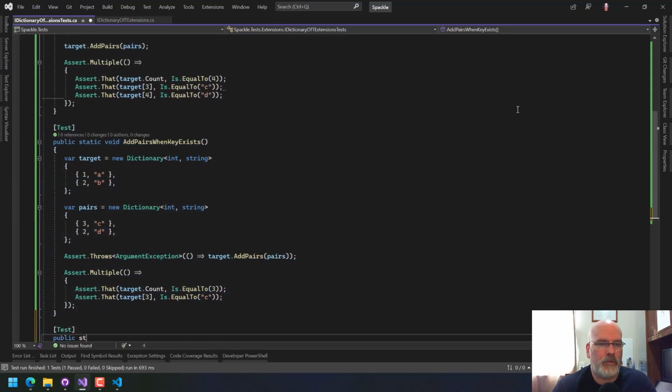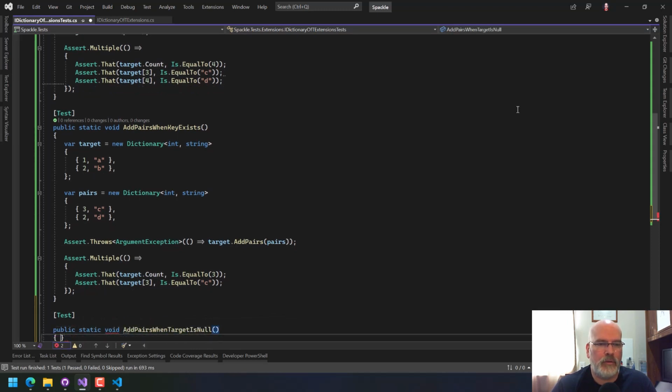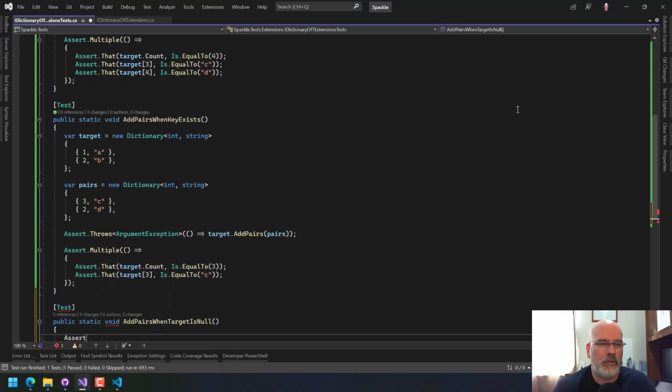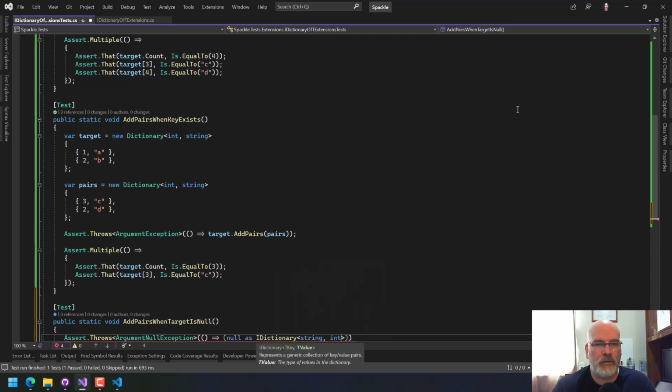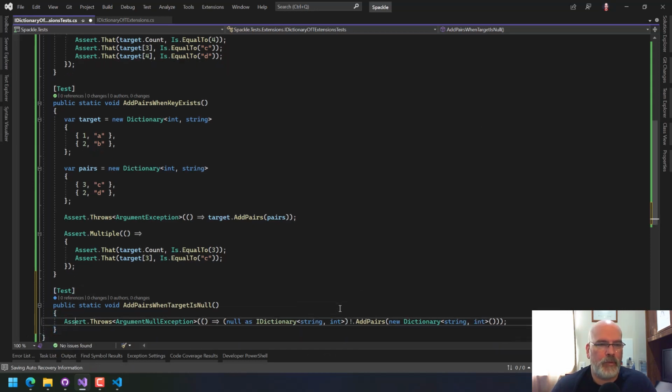Test when target is null, assert throws ANE, null as Dictionary of string, and again, it doesn't matter. AddPairs, and we just say new, yeah, all that, and yes, and you should be,